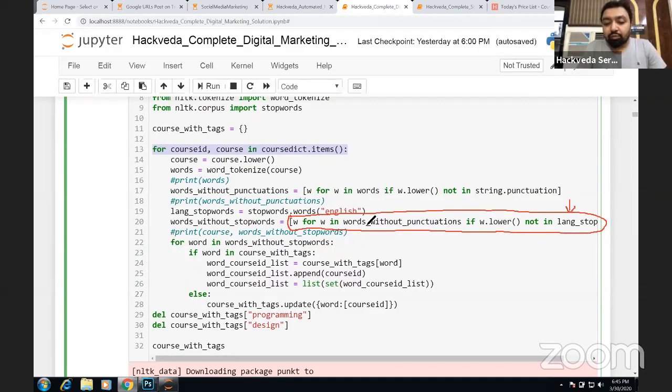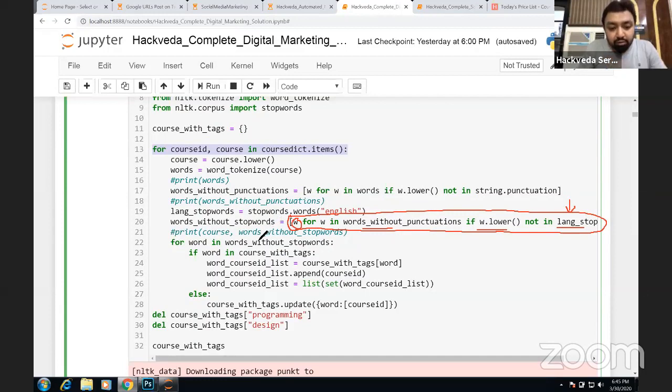Okay, so we are going to read each word in the list which does not have the punctuations, we are going to convert it into lowercase, and we are going to check if it's not a stop word. So stop word like with, and, or, is will be checked, and they will be removed out. So finally, you will be left with a list of those words which is neither a punctuation mark and which neither is a stop word.